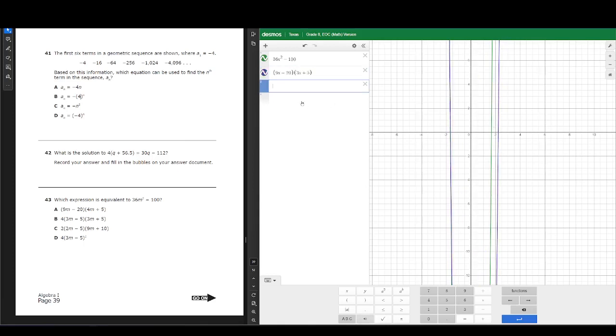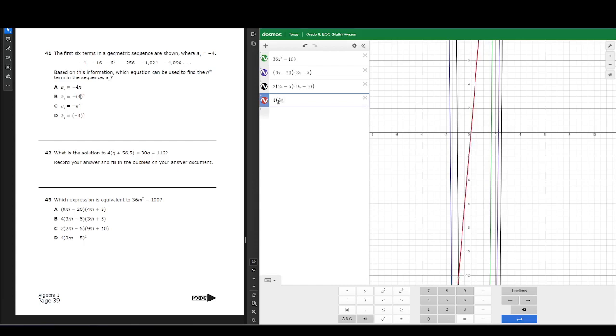That does not match. Then I can do 2 times 2x minus, I don't know why I went to the third one, times 9x plus 10. That's not correct. Let's go back to the second one. 4 times 3m minus 5, whoops, x. So notice it gave me an error, so I know to go back and make that an x, times 3x